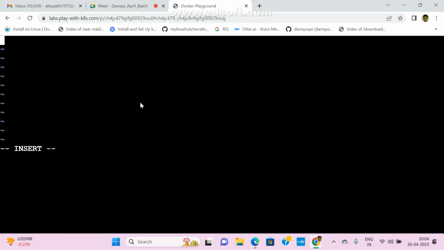Here I am adding some names, for example Shivaji with DevOps, Ramana with Kubernetes.